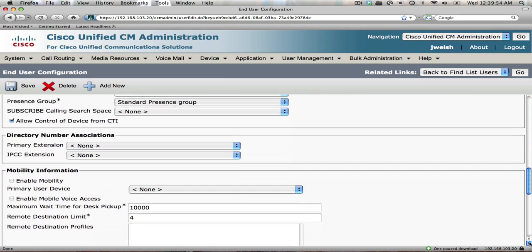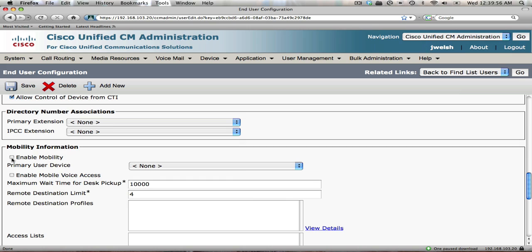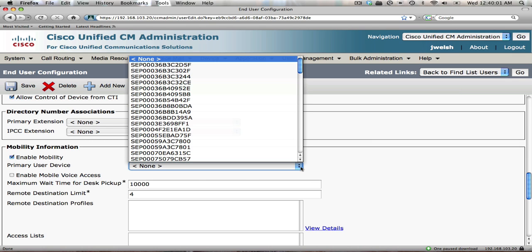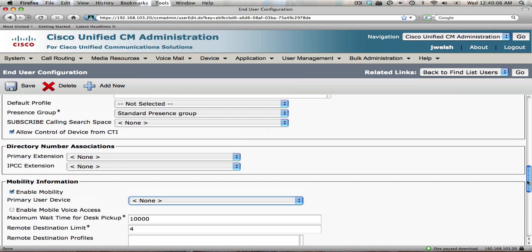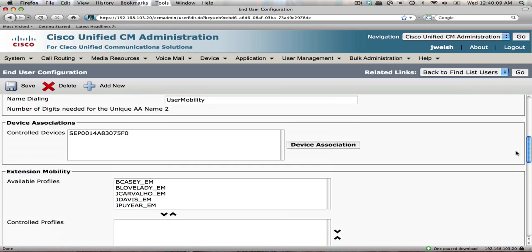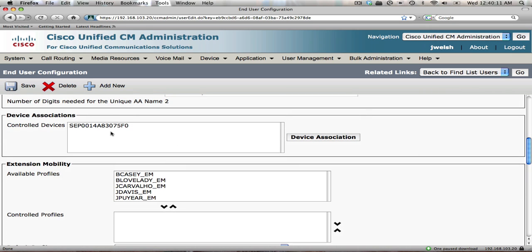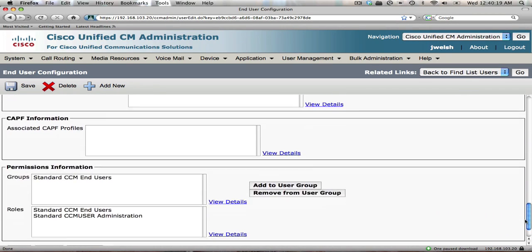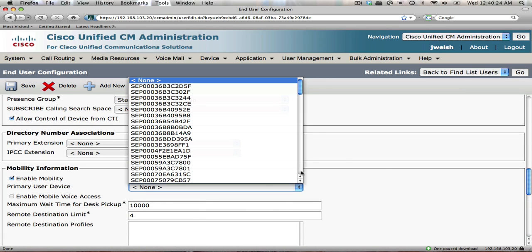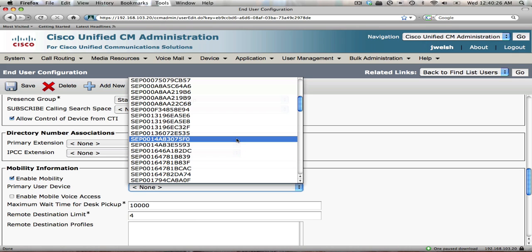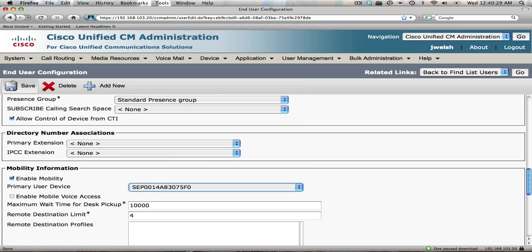And we're going to find Enable Mobility. Now, one thing here, this primary user device drop-down is all by MAC addresses. It's not very easy to find, and it doesn't give you a searchable field to find the phone that you want. So what we want to do is go up here to the device associations, take a look at the last four of the MAC address here, which is 75F0 in our case, and we're going to scroll down here and look for it on our drop-down box. So we'll click drop-down here, scroll down, and we're looking for 75F0, which is right here, and we will save